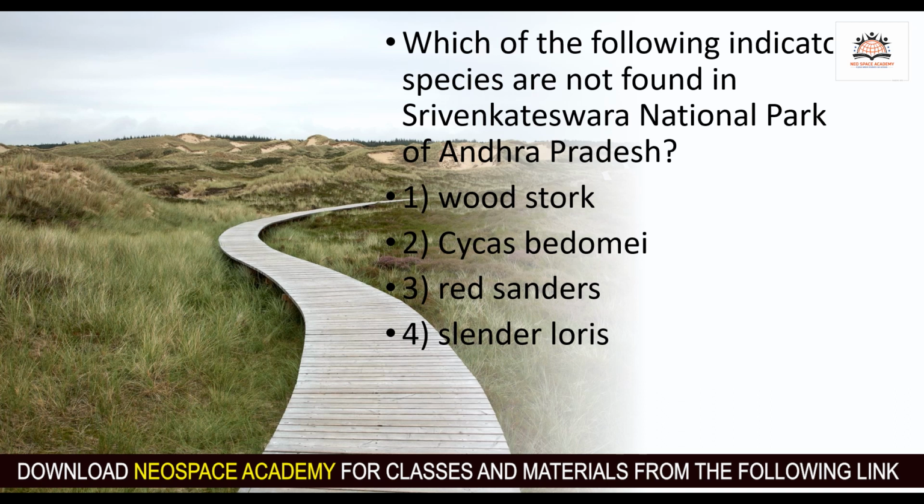Climate again is dependent upon latitude and longitude. Is climate really dependent upon longitude? No, not at all. How? I'll explain that a little later. But altitude will define the climate. So these are the concepts where you need complete understanding, then you will be able to